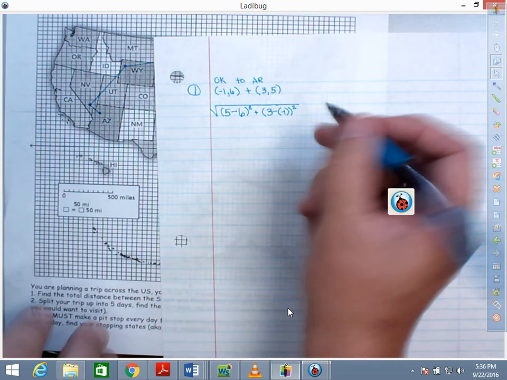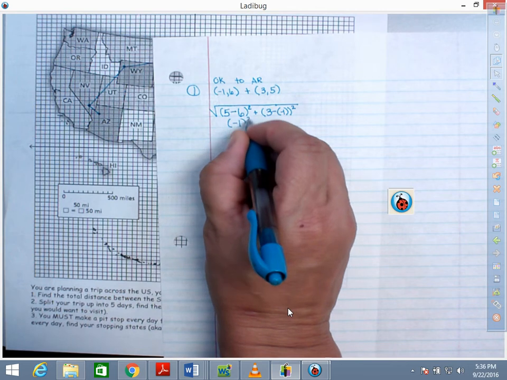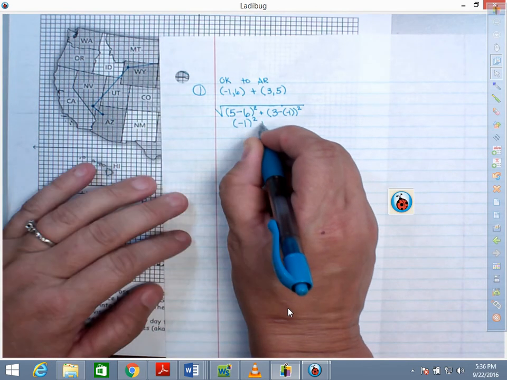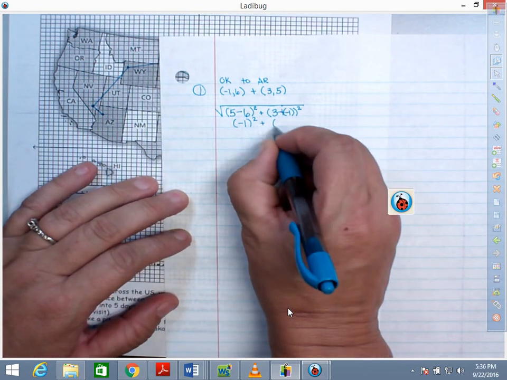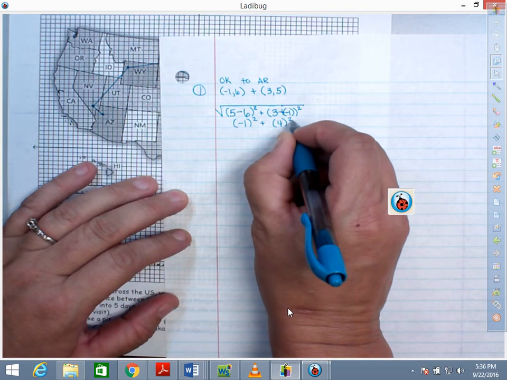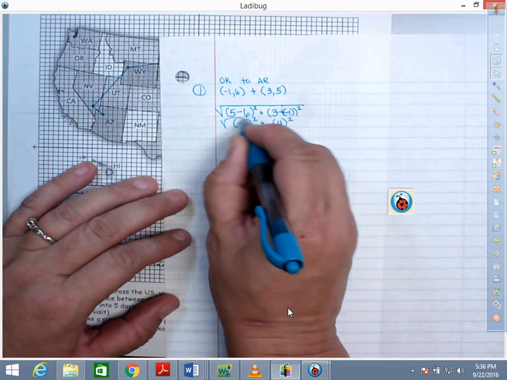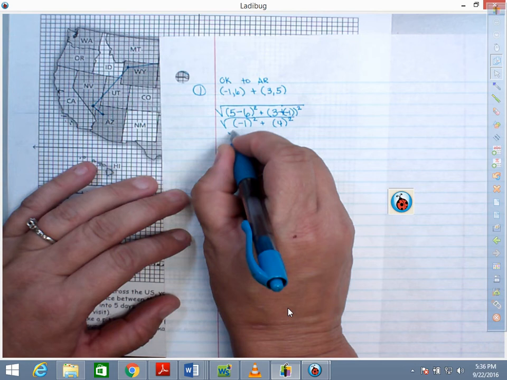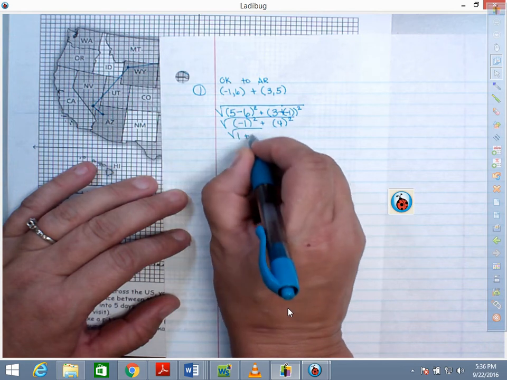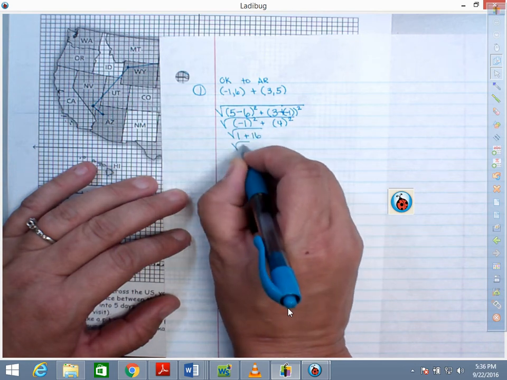So this is going to be a negative 1 squared, and this one's going to be a 4 squared, and all under the square root sign. So we've got the square root of 1 plus 16, so the square root of 17, which, if we get